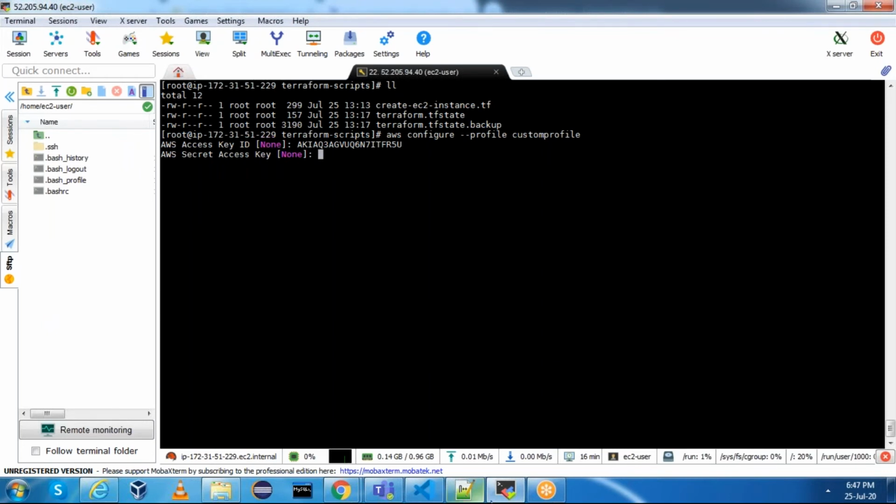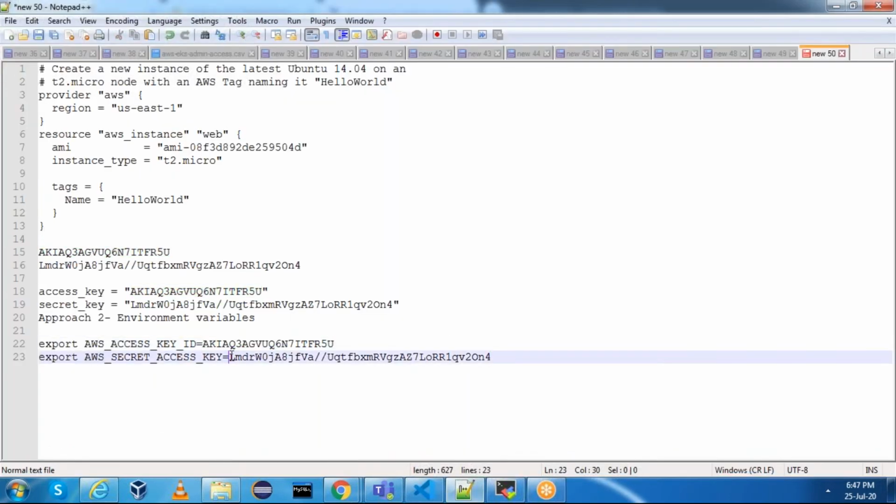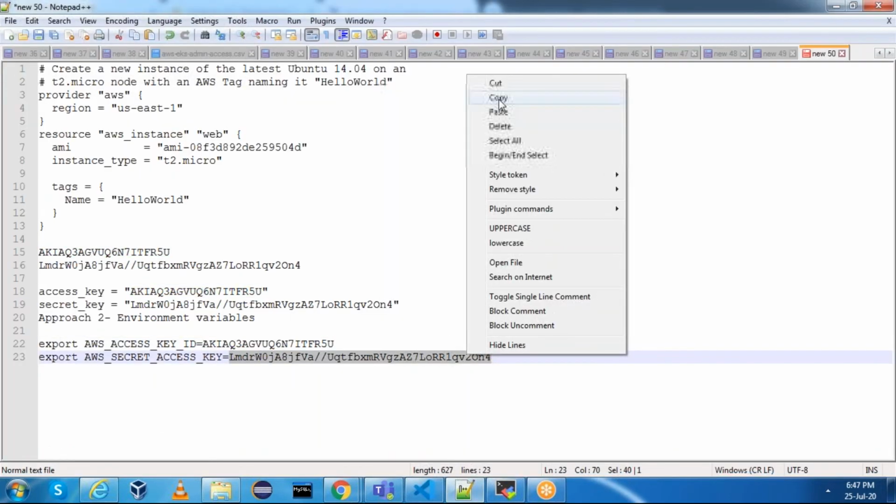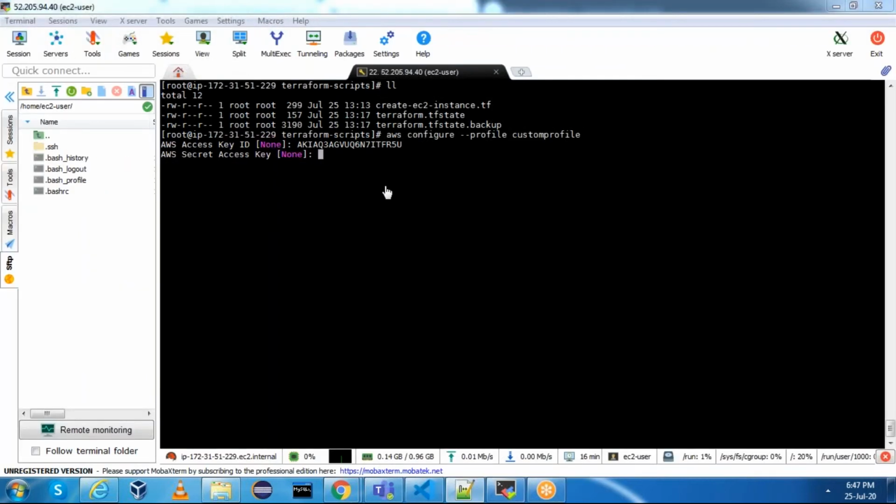This is done. Next, you need to mention the region, us-east-1. Next, output format, JSON.